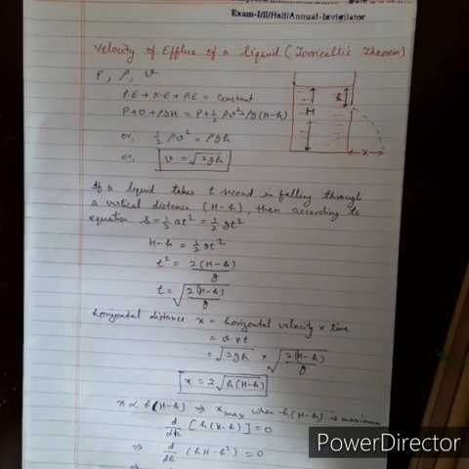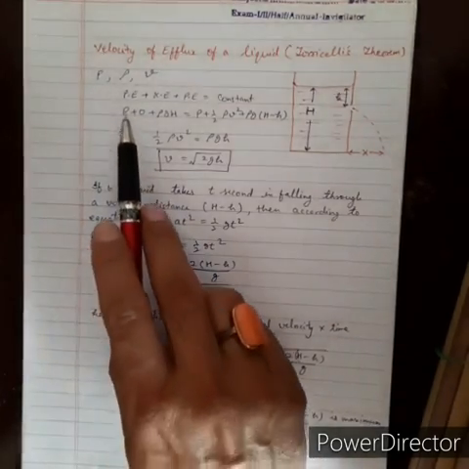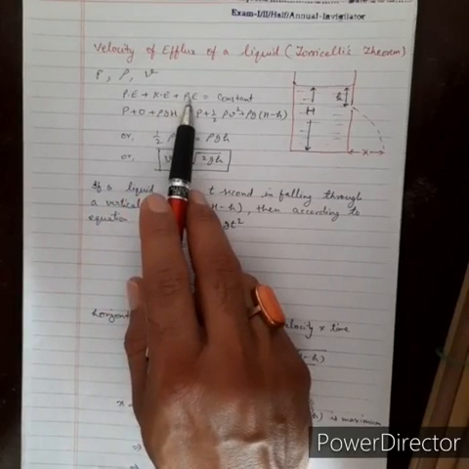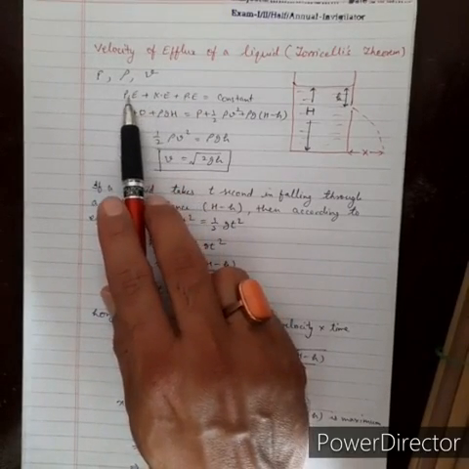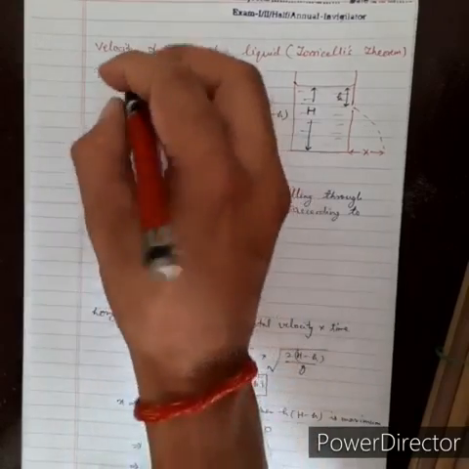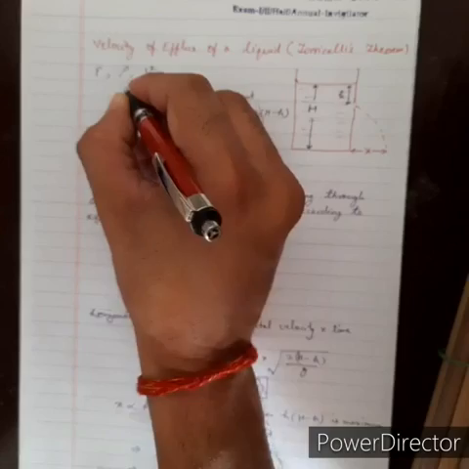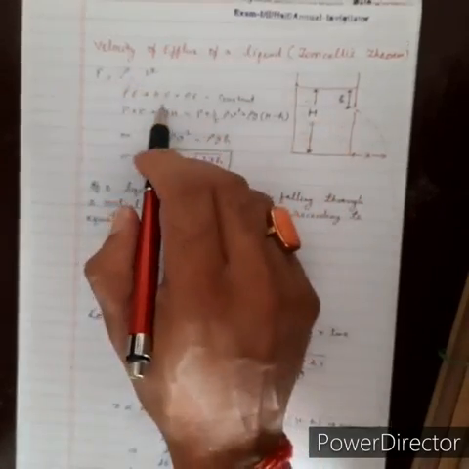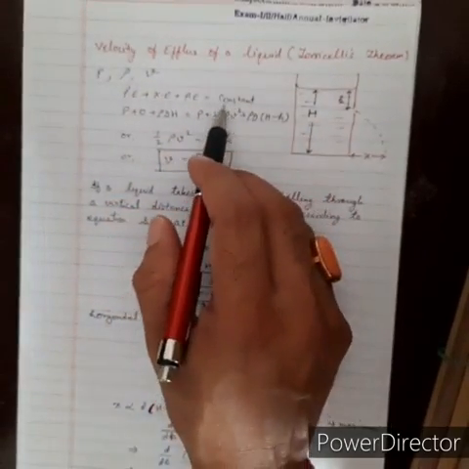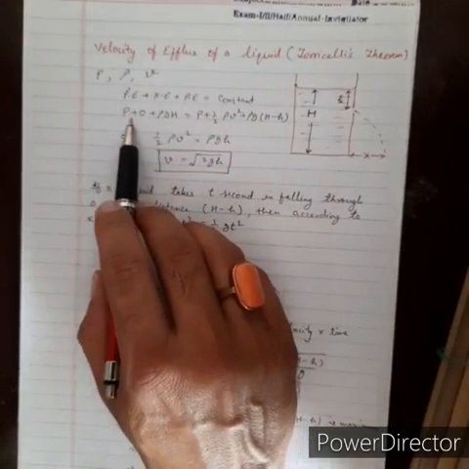That proof I am taking here, Bernoulli's theorem. So the pressure energy, kinetic energy, and the potential energy. This P is the pressure energy. Okay, so you can write here, this one is P dash. So pressure energy, kinetic energy, and potential energy is constant. So pressure energy I am writing by P.